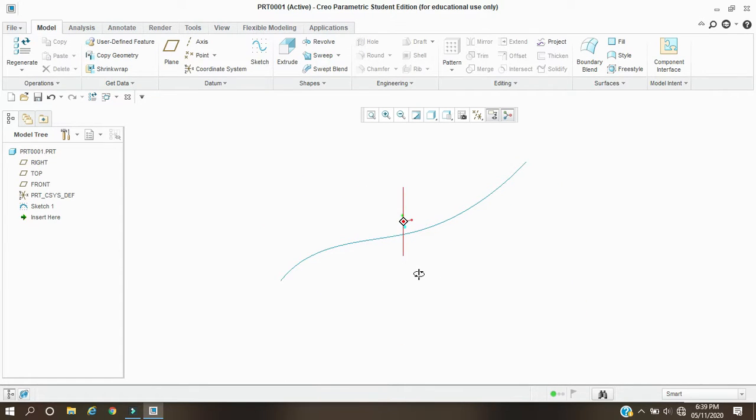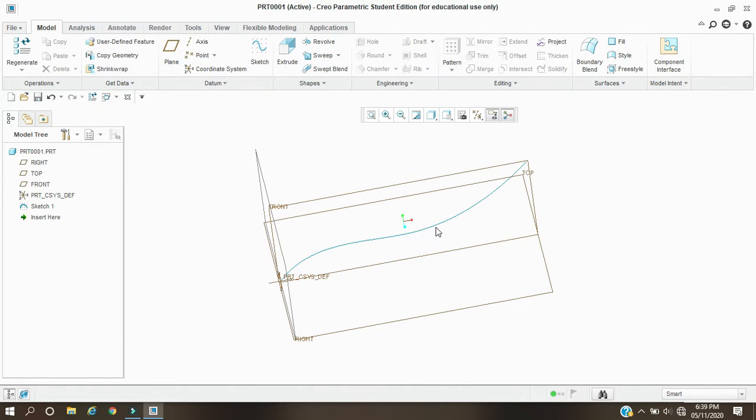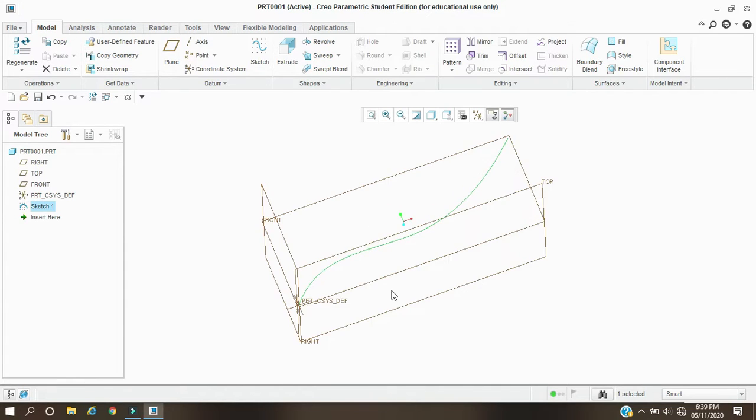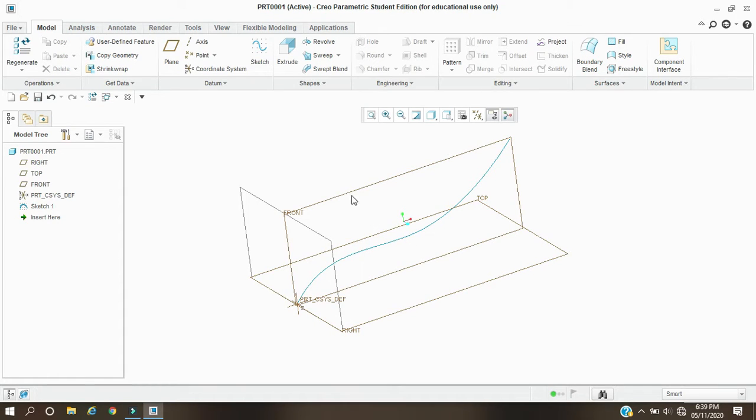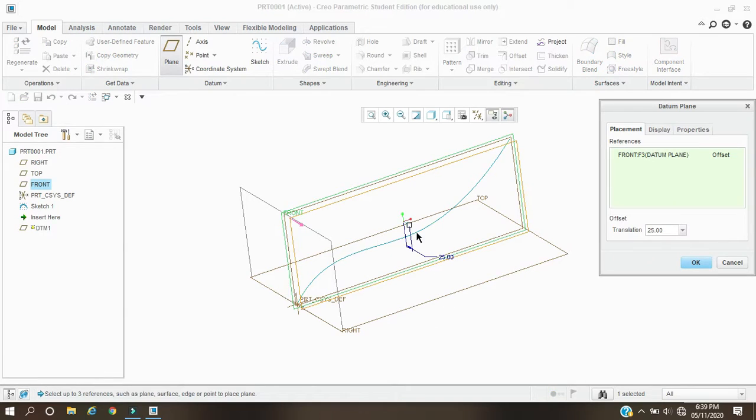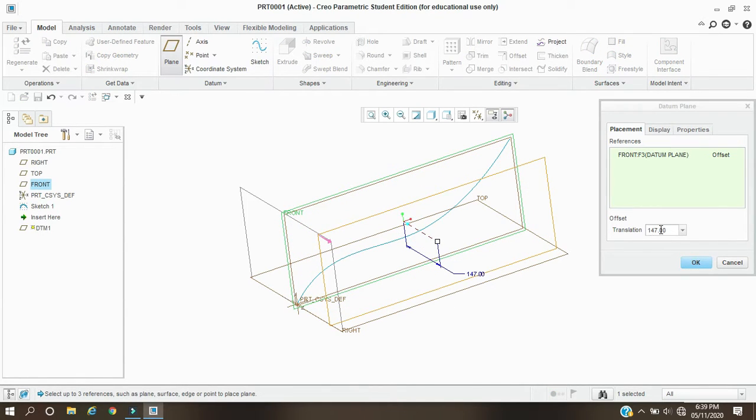Now we're going to see the two trajectories in a single plane. For that I want to draw another guideline, another guide curve in a different sketch. For that I am offsetting this plane at a distance of 100 mm, 150 mm.